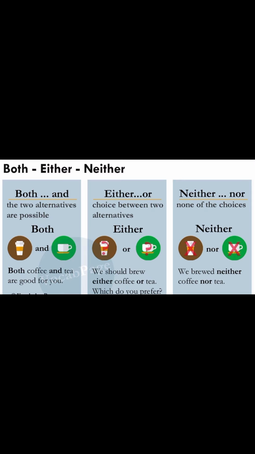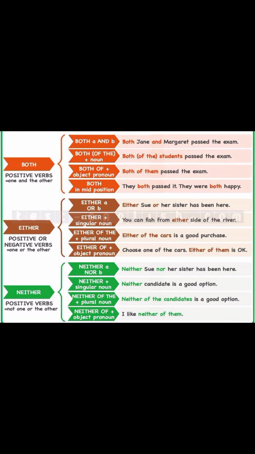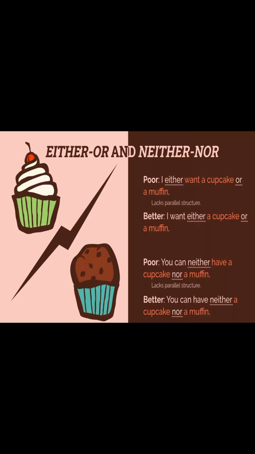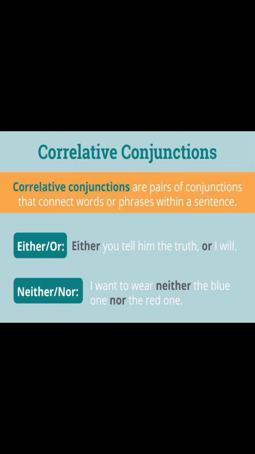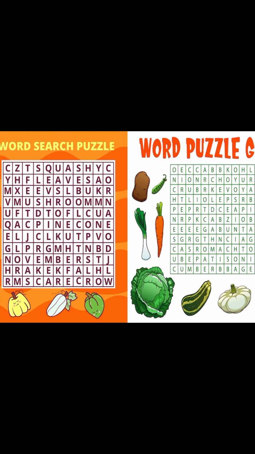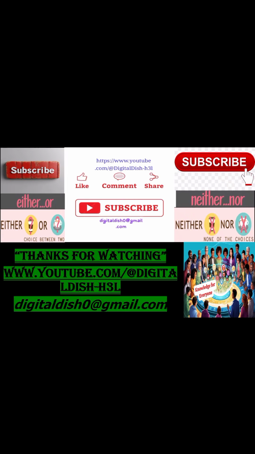Rules. Here are the key rules for using either, or, and neither, nor. 1. Parallel structure. The grammatical structure of the elements following either, or, neither, and nor must be the same. This means if you have a noun after either, you